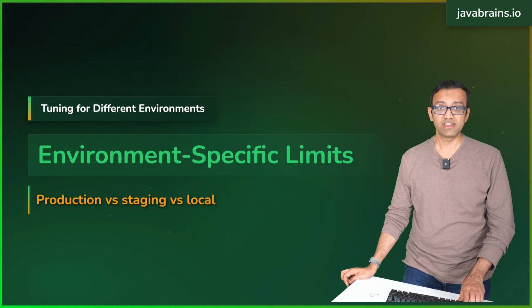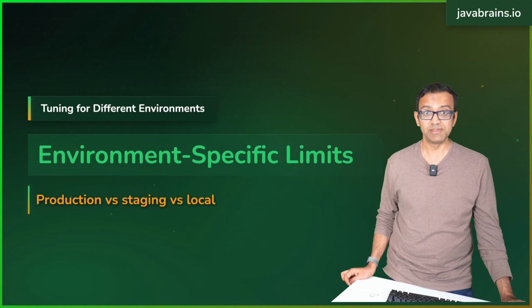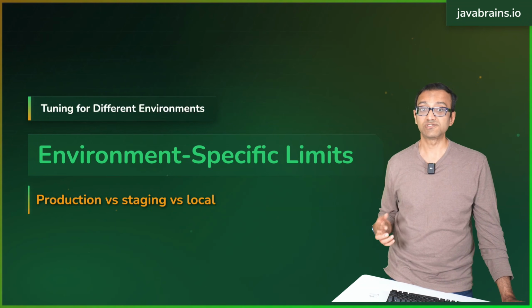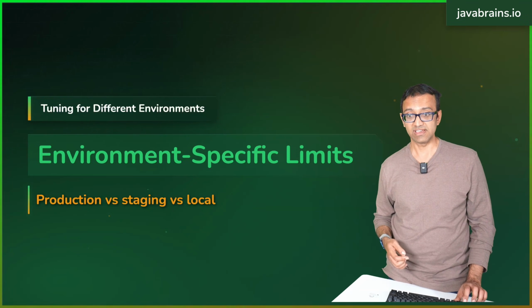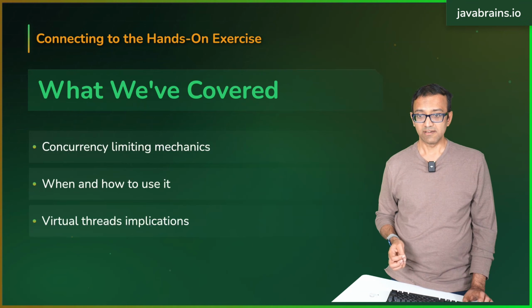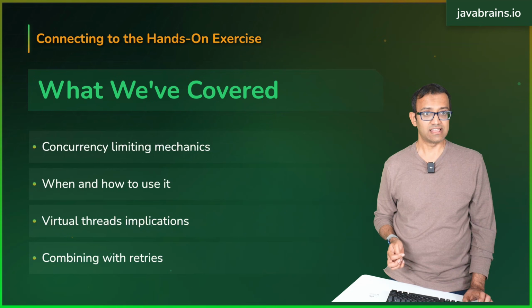And you can tune for different environments. I talked about the limit string property. You can use that for setting different values for dev versus test versus prod, and you can configure that as well. All right, now we're going to move on to the hands-on exercise, the last piece before we wrap up,